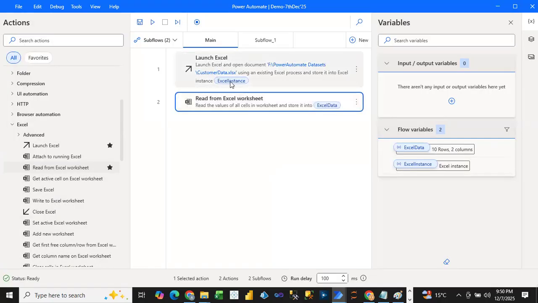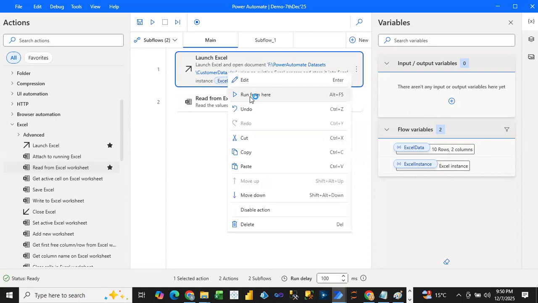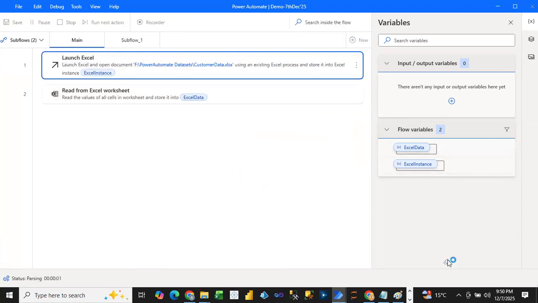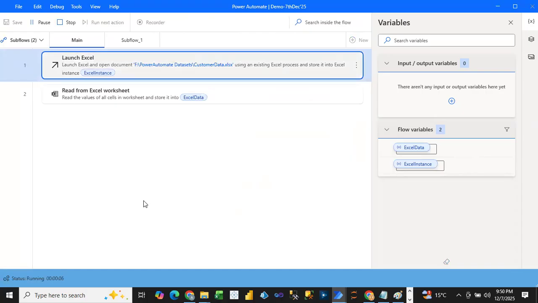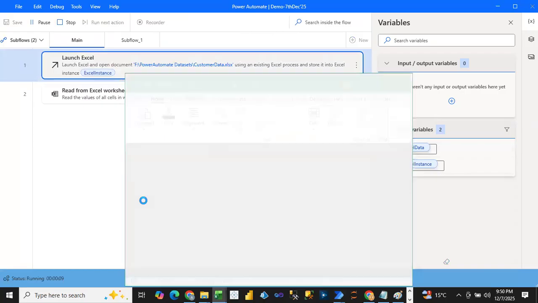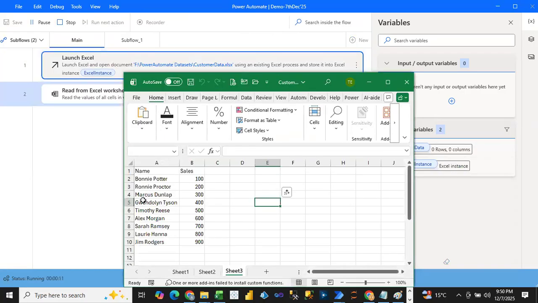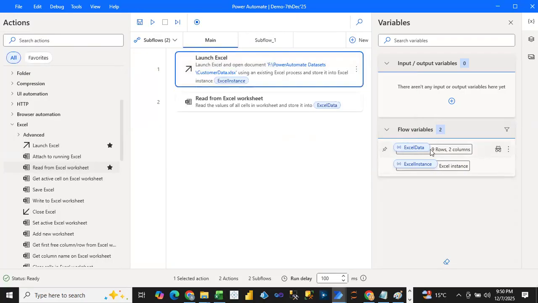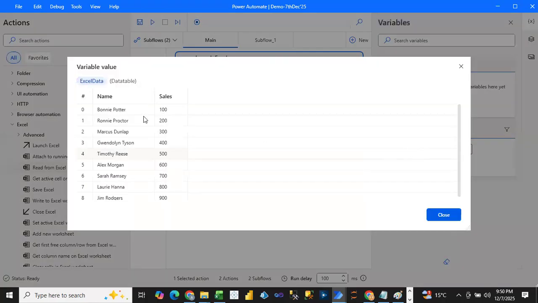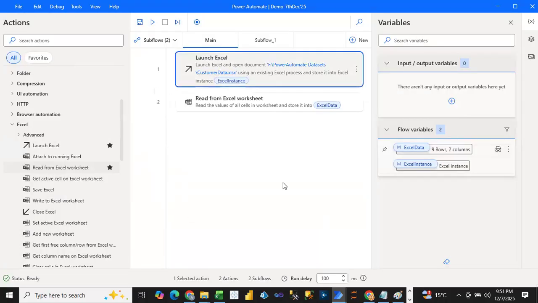And now if I save it, and now if I run this again, it will reset my variable and it will open this file. It will read the data from that Excel file. And now this time the header will come perfectly on the first row. Open the file and see, it says 9 rows and 2 columns. If I just open this one, see the headers are coming on the top, right? So now this is pretty straightforward, but